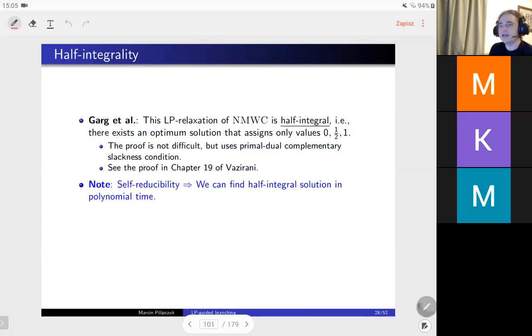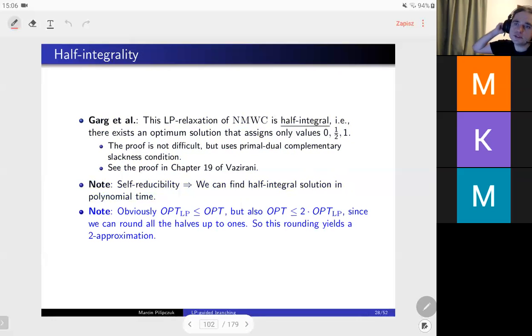And the point is that you can actually find the half integral solution in polynomial time. You can use self-reducibility, and it's not really difficult once you understand why it's half integral. So this half integral solution is obviously an approximation because, okay, somebody gives you this solution and you can